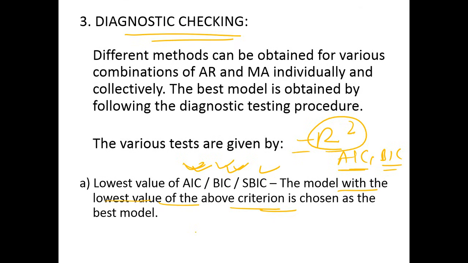So let me give you an example. Say you are sure that you are using an AR model, based on the criteria we discussed in the last slide, right? Now you will be confused whether you should use an AR(1) model, or AR(2) model, or AR(3) model, and so on. So what you can do, if you're not very sure, if you lack sound theoretical knowledge, is simply fit all these models and take the one which has the least AIC value or the least BIC value. That's the best fit for your model, right? So that's the way you need to do it.